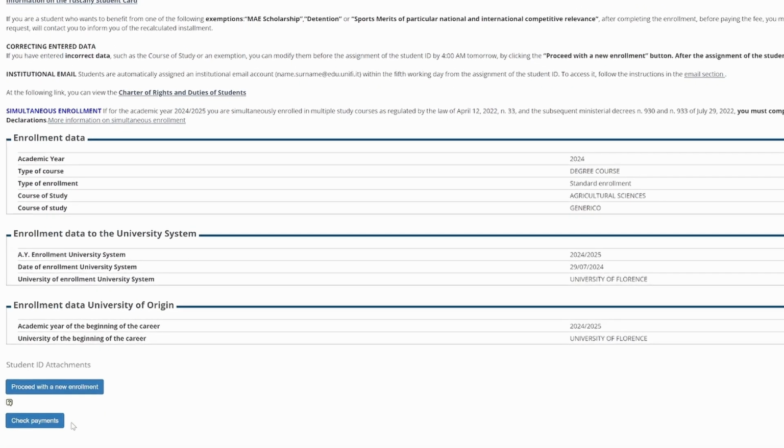Click on Check Payments to go to the payment section, pay the fees, and complete the online enrollment process.